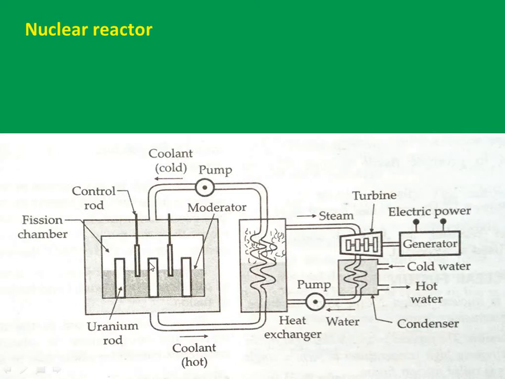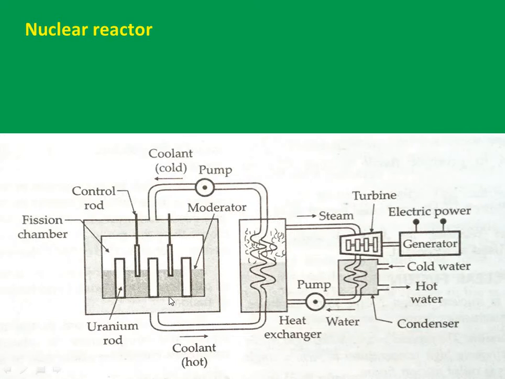Okay, they can be moved in or out of the holes, which you can notice here, holes in the carbon blocks. If they are pushed in, more neutrons are absorbed and the speed of the reaction decreases, and if they are pulled out, the number of neutrons absorbed decreases and the speed of the reaction increases. That's it, right? The moment you push in, neutrons will be absorbed, thus the reaction will be reduced, and the moment you take them out, there is no medium to absorb them, hence neutrons will propagate and thus the fission will continue.